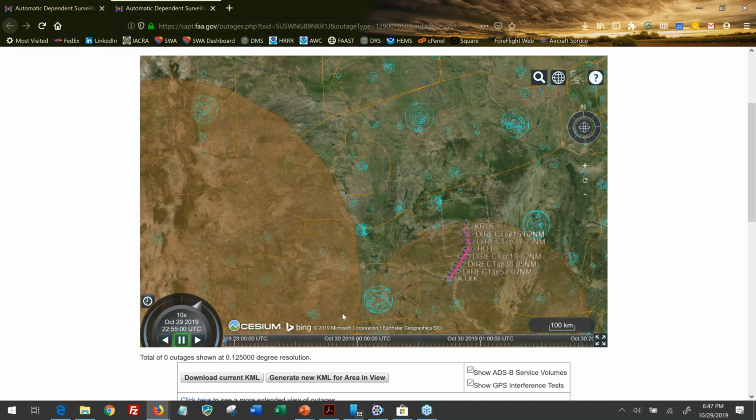So we have our route of flight there, and down here is a slider tool, and we can just slide. As we slide the little ball across, we're basically checking our whole route of flight for any outages. Now, if we did have outages, it would show up as yellow or red. So I'm going to go back and show you an example of what that would look like. But luckily for our example that we just ran, there are no planned or expected outages.